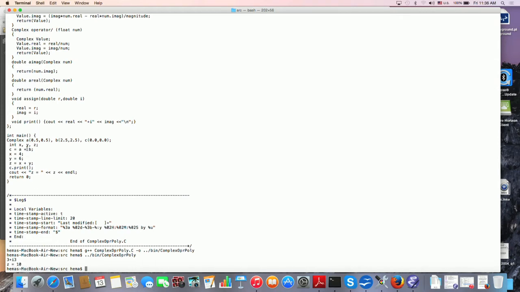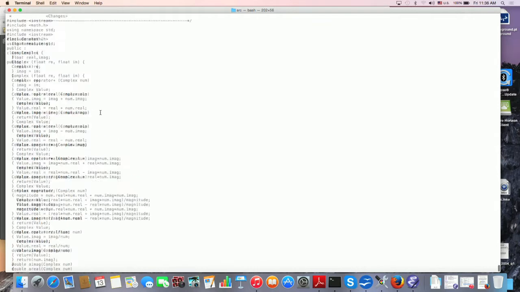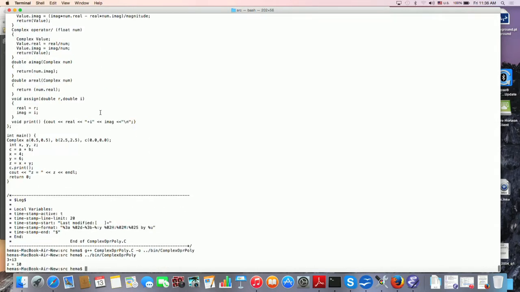What is important to notice? The plus here is done with respect to complex, and here is plus which is done with integer. These are already available to us from the C++ compiler. Here is this operator, the plus being overloaded, which is what we defined in this piece of code over here, where we define the entire complex ADT.